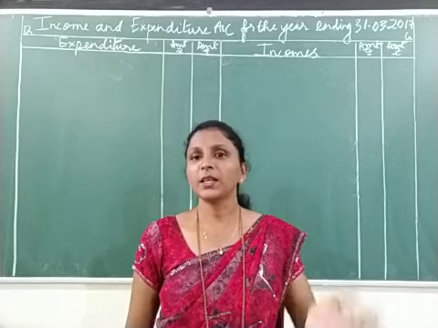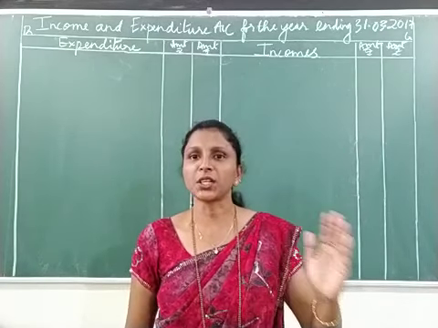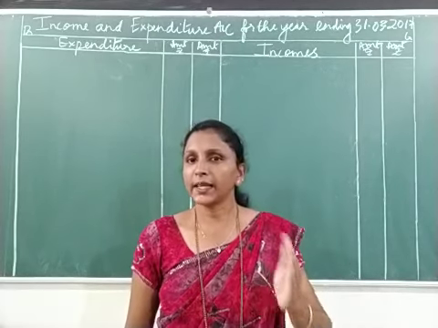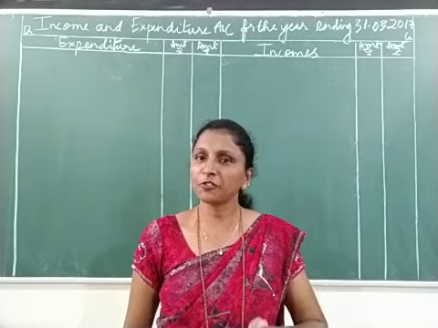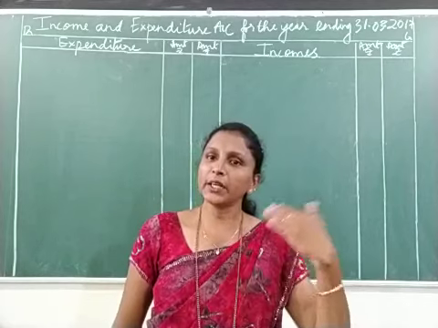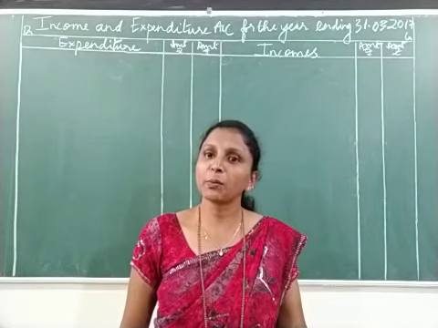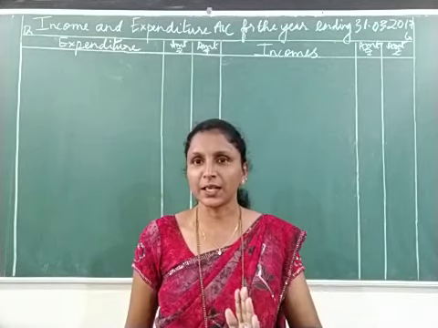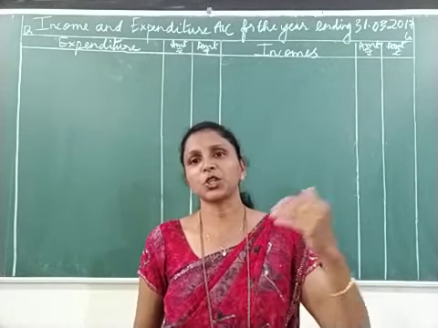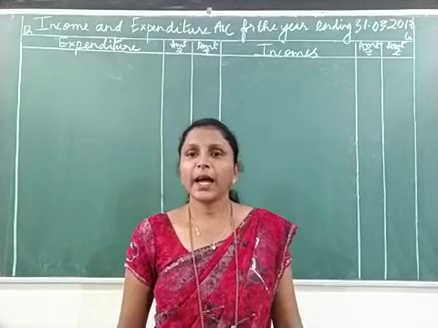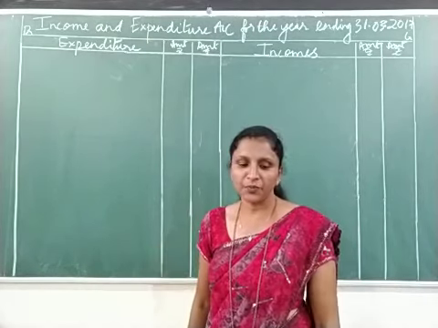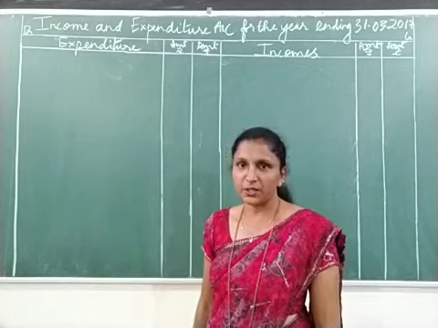So we say the balance sheet given in the problem is considered as either the opening balance sheet of the current year, or the closing balance sheet of the previous year, or in simple terms, it is the balance sheet of last year. And you are given the receipts and payments account, that is of the current year. Then you are given adjustments.